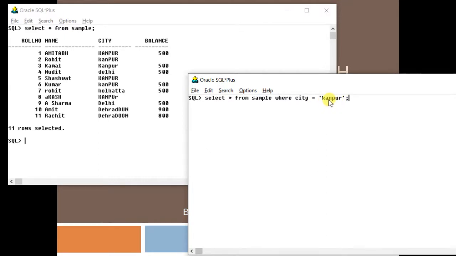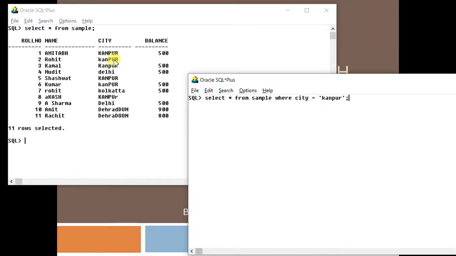of this literal. So how will Oracle work? First of all, Oracle will bring all the records into the RAM, and it will create a pointer here and check one by one with this value. It will check whether the value of this city is Kanpur.